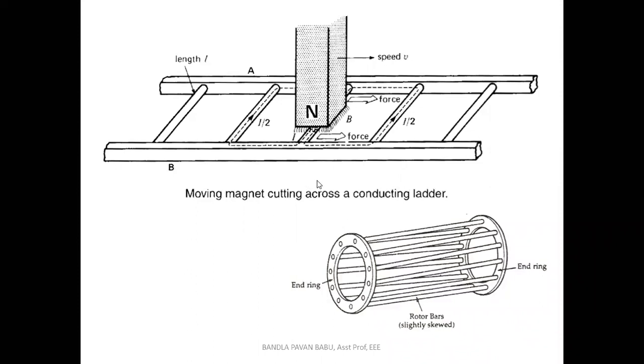If these two speeds, that is the synchronous speed and the rotor speed, are the same, then there is no movement. It remains in a standstill position and the rotor never rotates. Definitely there should be a difference between the RMF, the rotating magnetic field created in the stator, and the rotor speed. We have discussed that in detail in the earlier class.